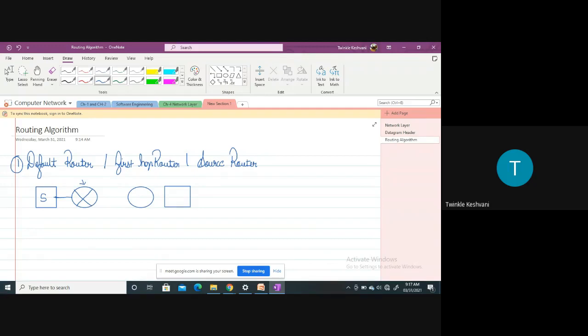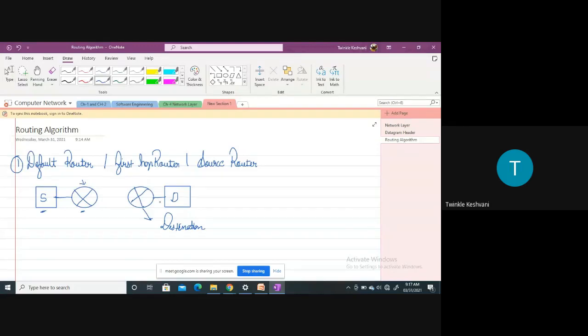Now, we can call this router a source router because it is connected with the source host, right? When some router is connected with the destination host, that router is referred to as a destination router. Why is it called destination router? Because when the packet travels through all the intermediate routers and reaches the router which sends the packet to the specific destination host, that router is referred to as a destination router. So these are some terminologies that need to be understood, right?